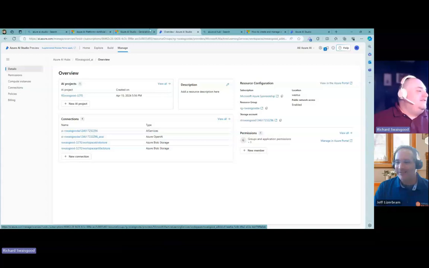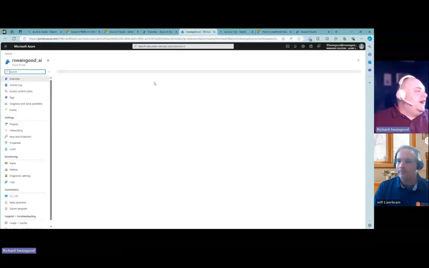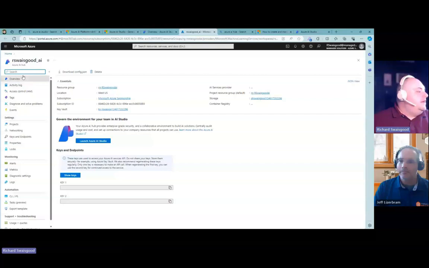And so, here you can have a centralized place to manage all these different works. And then you can go in, and this is a resource group. Then I go into view in Azure portal. It's just a way to manage things at a higher level than having to individually manage all the various different components here. So you can say it's still a standard AI,